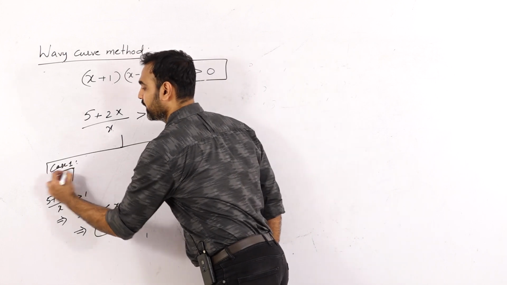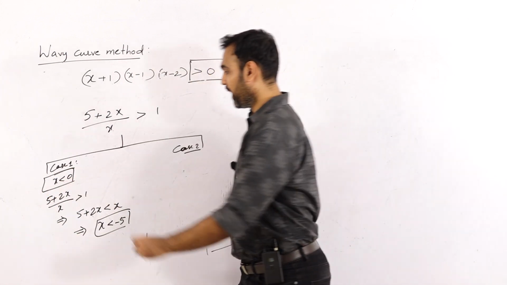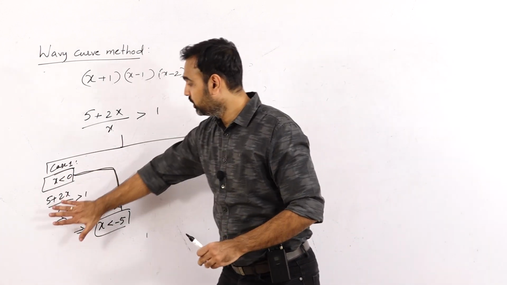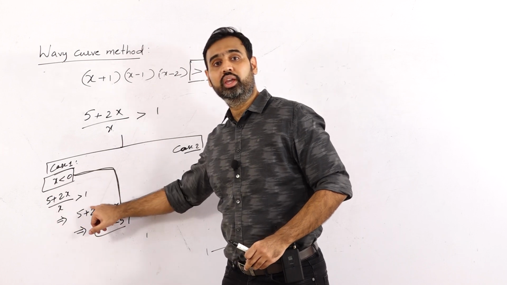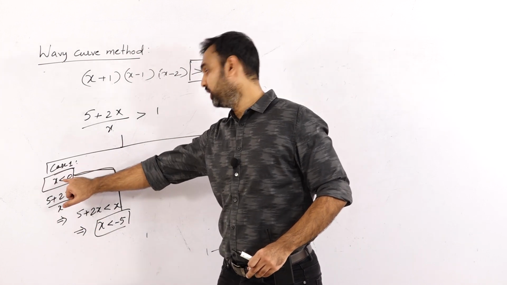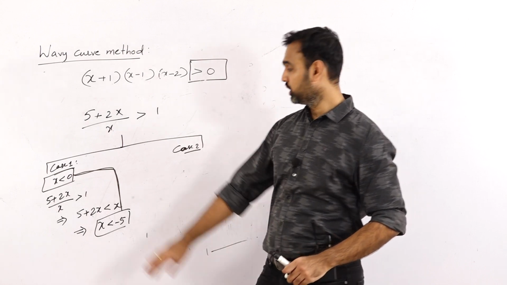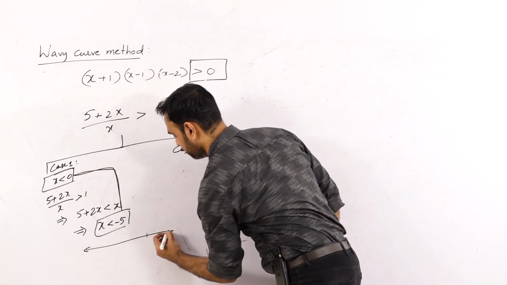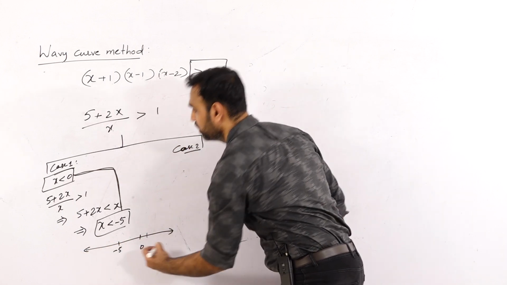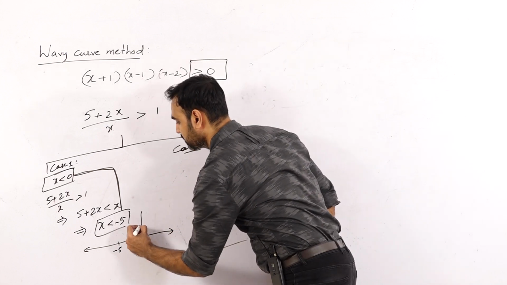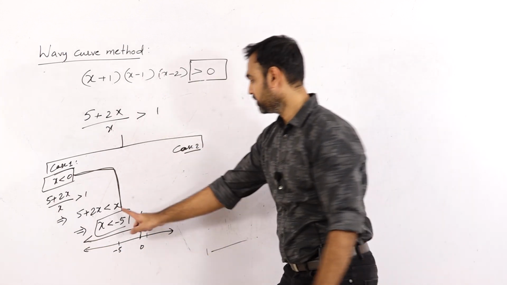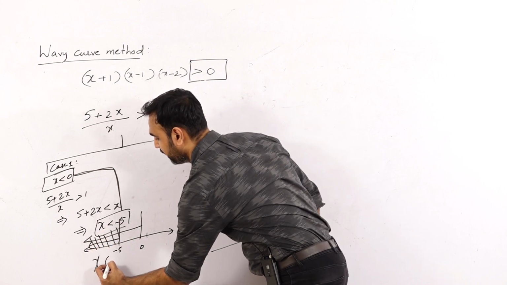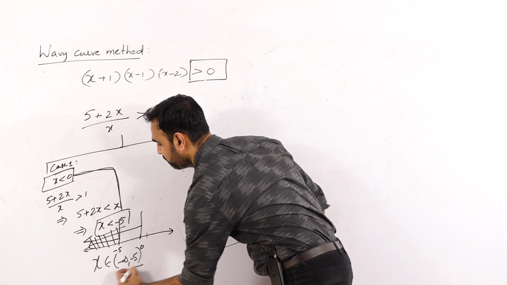We already considered x to be negative. So you have to consider the intersection of these two. Why the intersection? The solution that we are doing is done only under the condition that x is negative. So this condition must be true. So let us draw the number line and mark minus 5. I'll also mark 0. The first condition says x less than 0, this region. And this says x is less than minus 5, this region. So this is the common region to both. I can simply write x belongs to minus infinity to minus 5 as one answer.